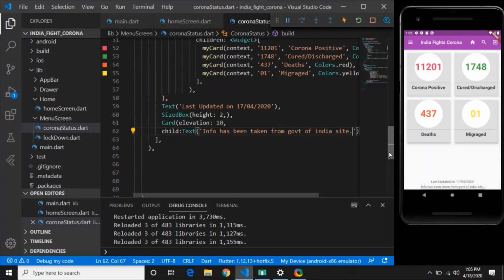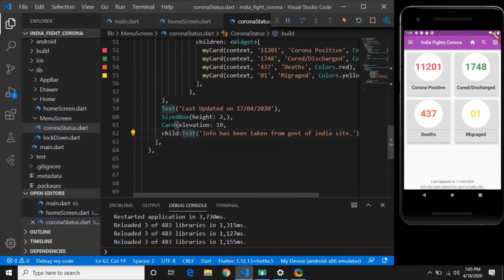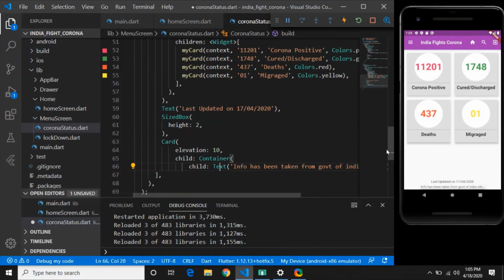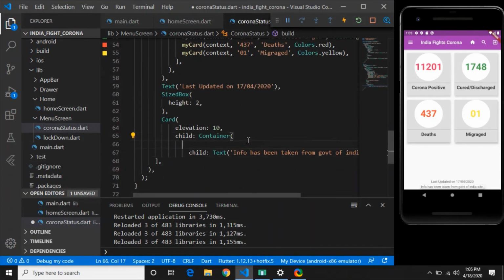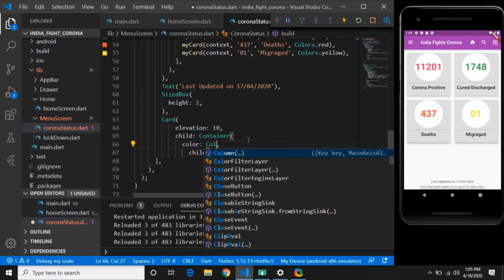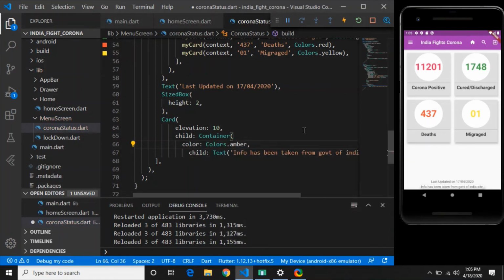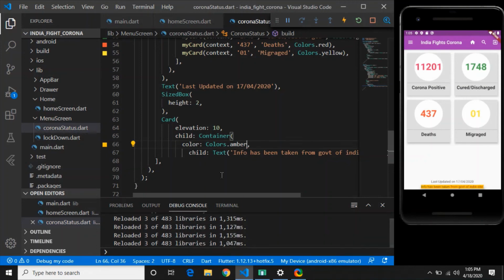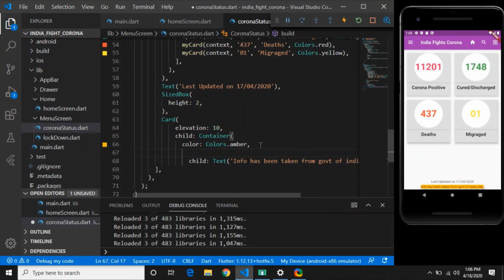So what I will do, I will refactor this text with the Container, and I will type Alt Shift F to format this code, so it will be a little bit simplified. So after Container you have to add color. So let's say I have added Colors.amber, and if I add this color, the card will be, yeah. So I want that card length should be up to the edges of the mobile. So what I will give is width, and width will be double.infinity.